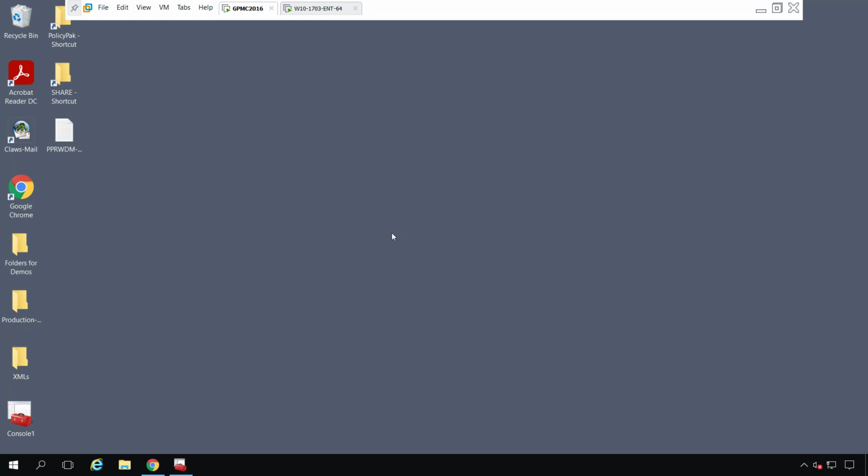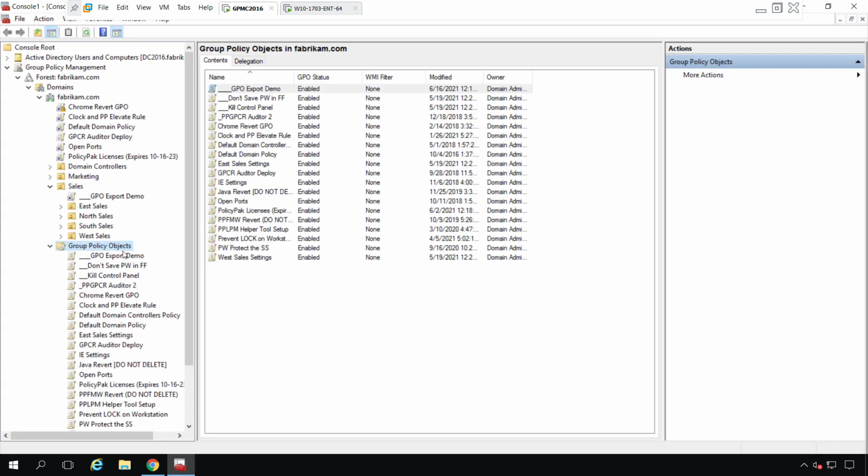So the first thing you'll need to do is have the old GPO. So I have a GPO Export demo right here. It is linked to my sales OU. So before we look at exporting the settings, let's look at what the settings are doing in a domain joined